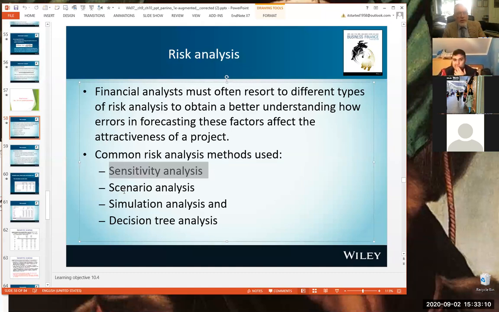So you'd have these three choices that were investigated, and that would give you an idea, a feel for how sensitive the project is to a change in that particular variable. And you do sensitivity analysis for each one of the variables all the way through your model. And by looking at those, you get a bit of an idea of how the whole thing is going to wobble around in the vagaries of the future.